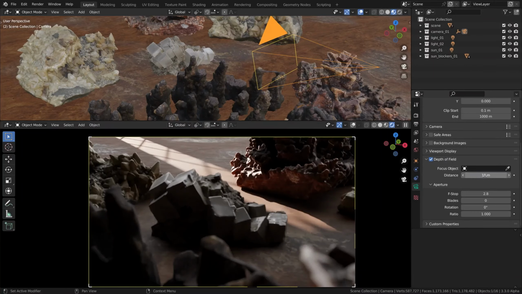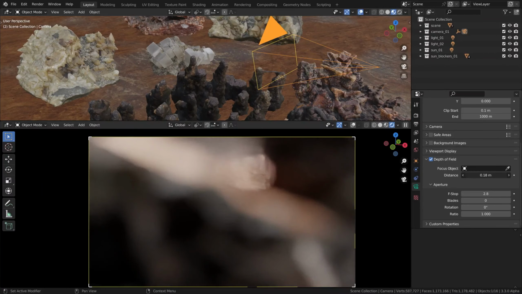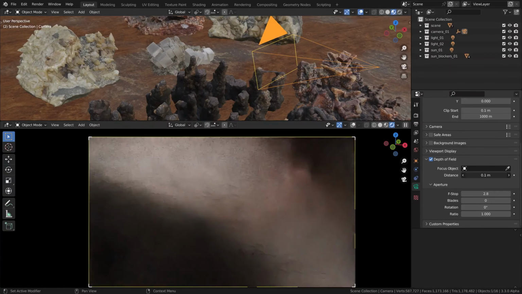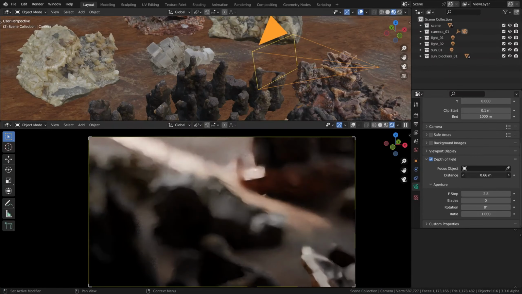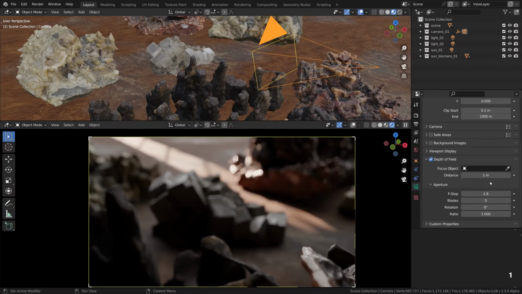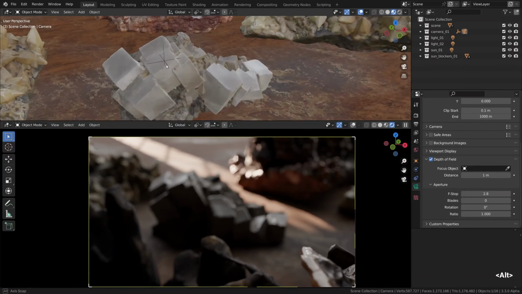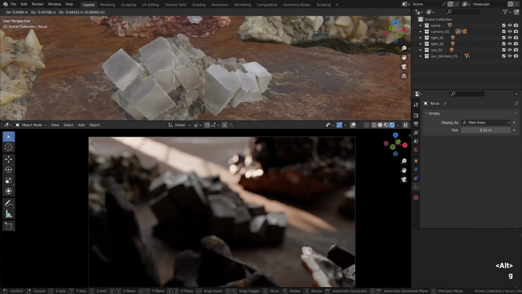Right away we can see that our camera focused on a certain point, and we can shift this point with the help of the distance slider. It works just like the focus ring on the lens. It works in a really physically plausible way because that's a path tracing render engine. And to not guess the distance, it's always easier to have a focus object somewhere in the scene, like this